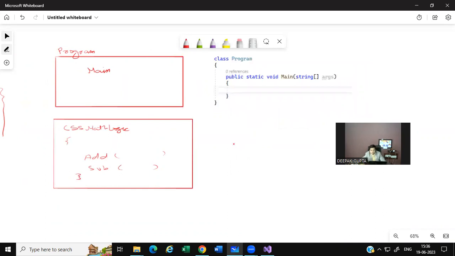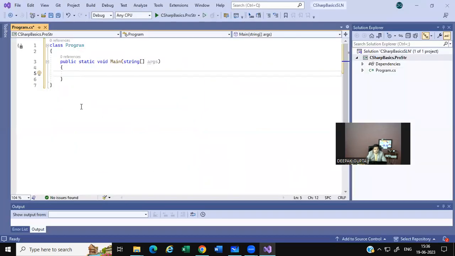And then, this box represents the program. And then I need, in a similar way, a class named CSharp Math Logic. So you can understand, you have to make a class called CSharp Math Logic, and then you have to do the work. I can go just below this closing of the curly brackets. You can always choose the name, but we'll follow the same. C sharp, instead of CSS, CHP I'm writing, Math Logic. And in the class, I'm now going to write my logic for a couple of small pieces of logical work, such as addition of two numbers,